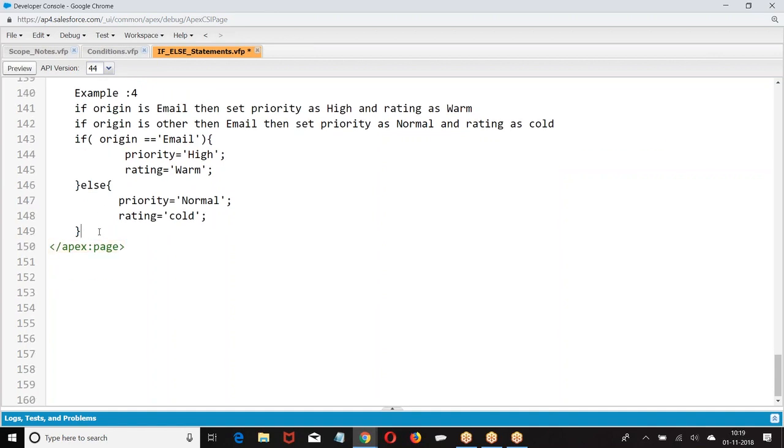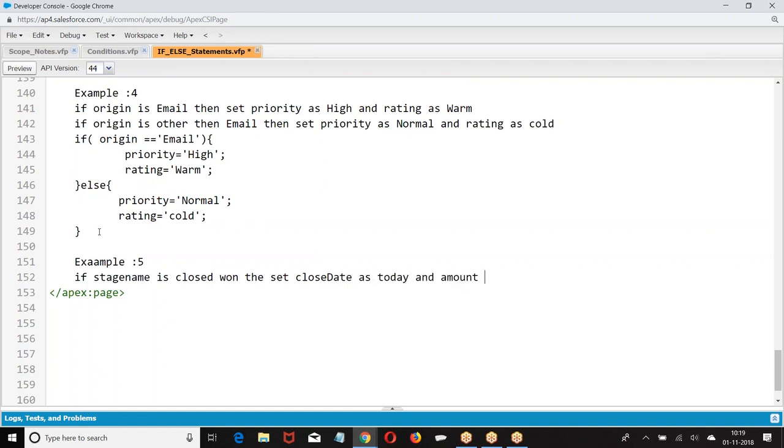The next one: if stage name is closed one, set closed date as today, amount as 2K.